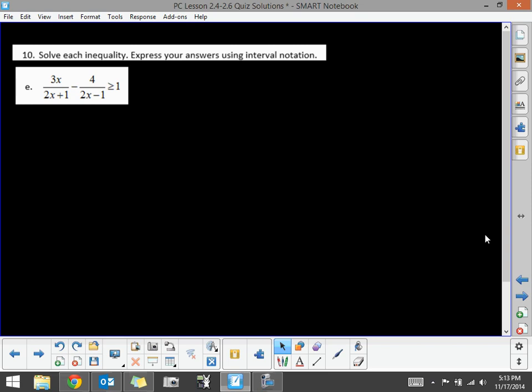In 10E, we have another rational inequality. Again, we'll abide by our same rules. We do not want to use the LCD because it's an inequality. So we'll have 3x all over 2x plus 1 minus 4 over 2x minus 1. We want to get one side equal to 0, so we'll go minus 1 has to be greater than or